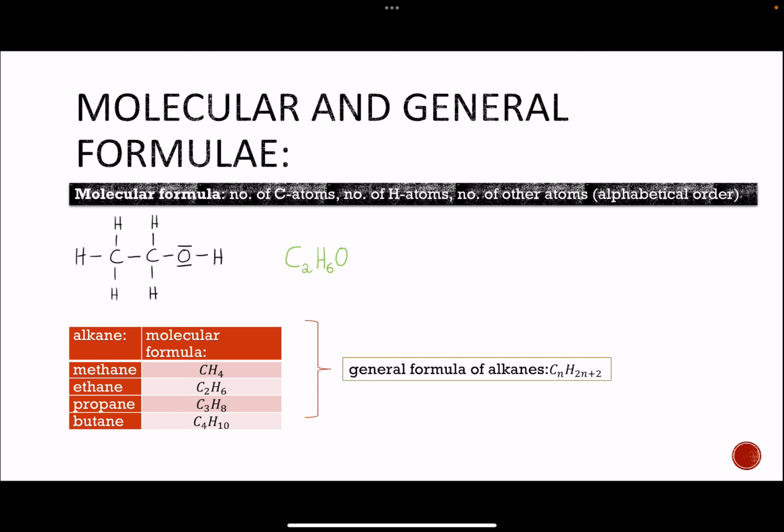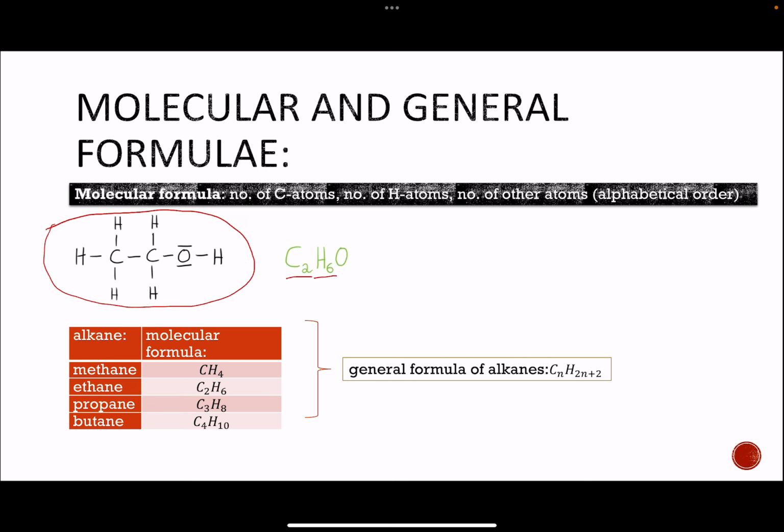In the end, we want to talk about molecular and general formulae. In organic chemistry, the molecular formula is noted down according to a system introduced by a scientist called Hill. Hill decided that in organic chemistry, a molecular formula should always be stated by first mentioning the carbon atoms. So if we look at this molecule as an example, we find 2 carbon atoms, so we write C2. And in the second place, we always note down the hydrogen atoms. So we have 1, 2, 3, 4, 5, 6 hydrogen atoms,